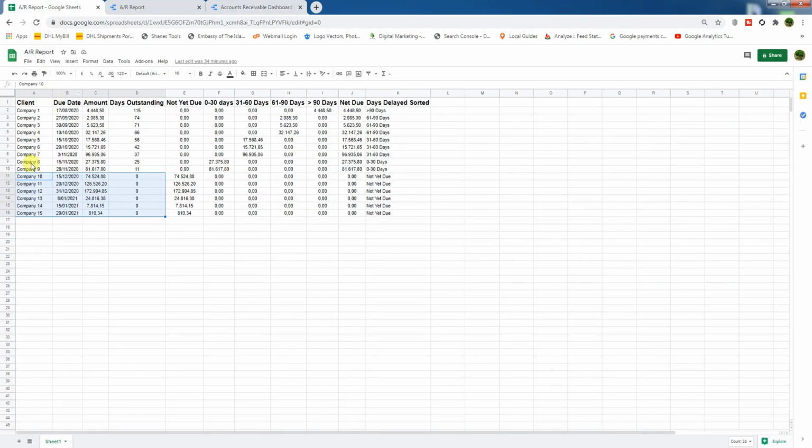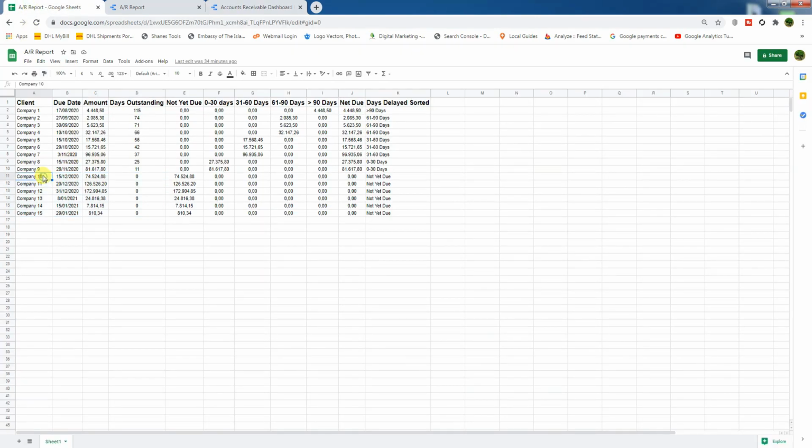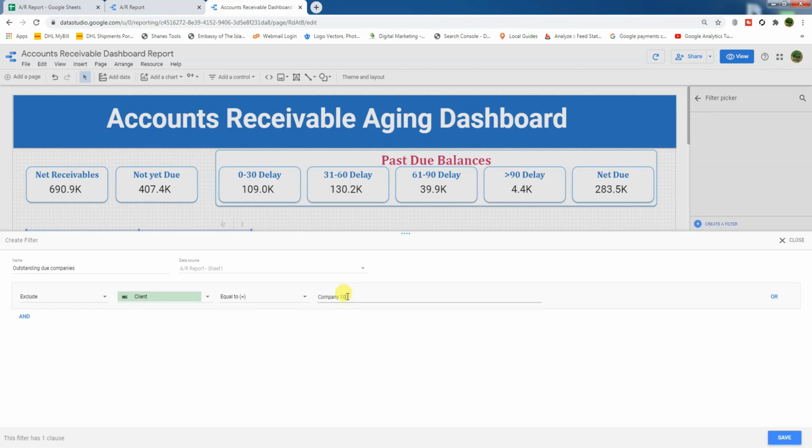So here you can see client from company 10 to 15, they don't have any days outstanding balance. So client condition, we need to exclude them, okay, equal to. Here the company name company 10, control C and control V, exact name should be here,